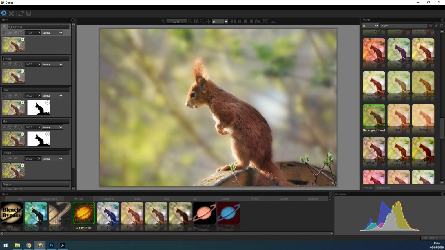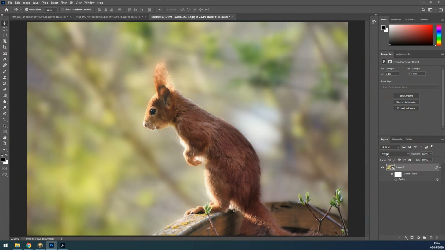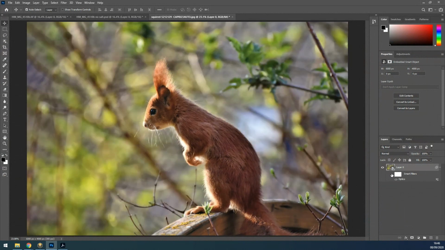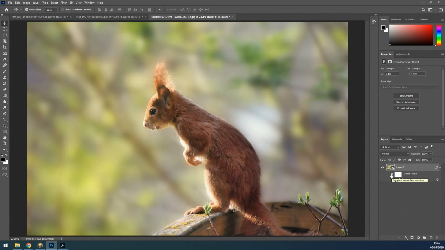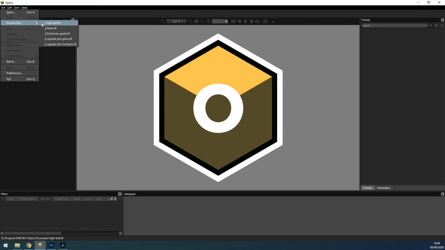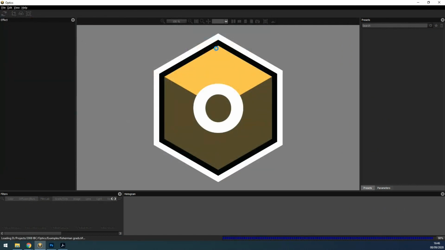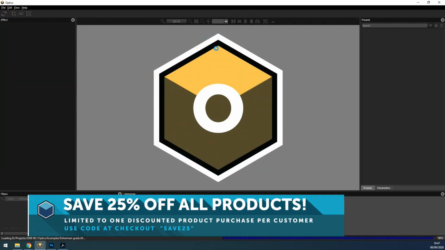Process that out, and that takes us back into Photoshop. Nice and easy. Look at that. Dead simple. And this recipe kind of goes on all the way through. I'm going to open up the standalone version of Optics I've got in the background, because I want to show you just a couple of things that follow the exact same